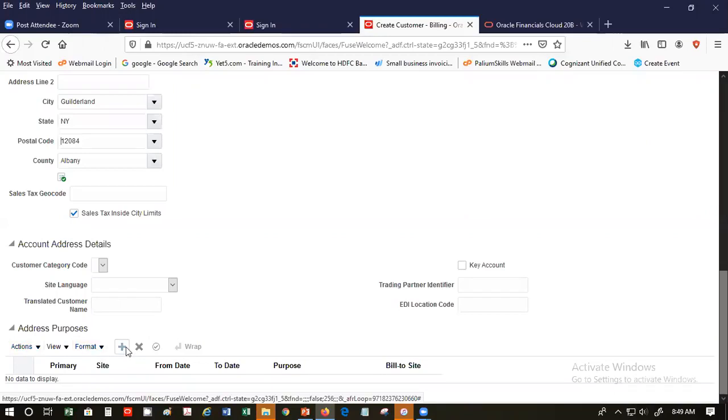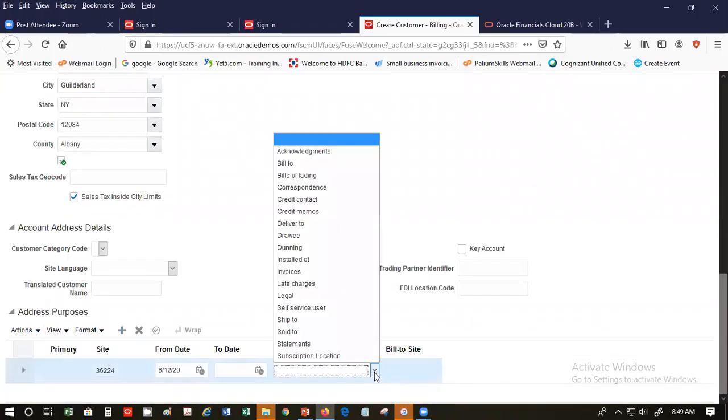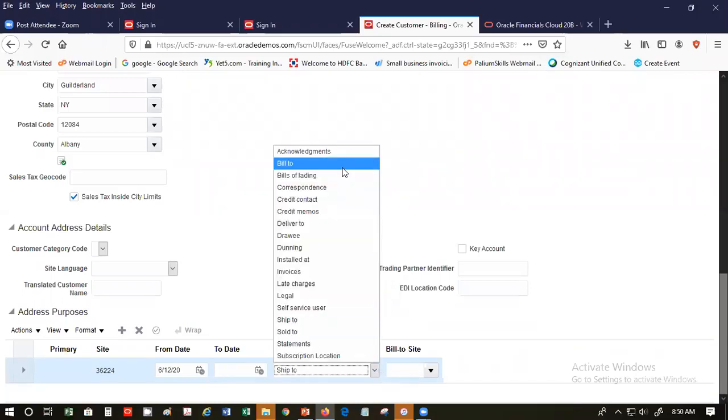If you add it here, the first one we create the bill to, then that bill to will have to link to the ship to. If I now do a ship to here first, then it will ask me for a bill to also. At the point of entering the invoices, bill to is mandatory. So if you just define a ship to, it's not enough. So it's always a good idea to first define the bill to,